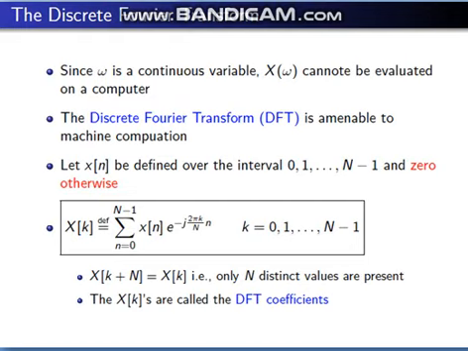In the discrete Fourier transform, it is limited to finite sequences from 0 to N minus 1. If we require N samples and only N minus 1 samples are given, we can add a 0 to it, which is called zero padding. So the formula for this signal is n equal to 0 to N minus 1. In the DTFT the limits were minus infinity to plus infinity. Here the limit is n from 0 to N minus 1, where N is the total number of samples in the